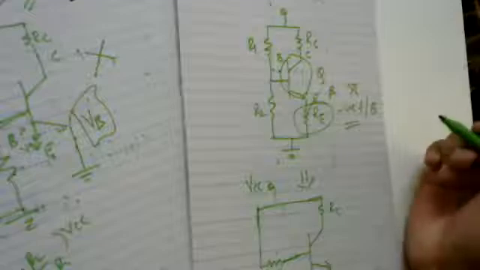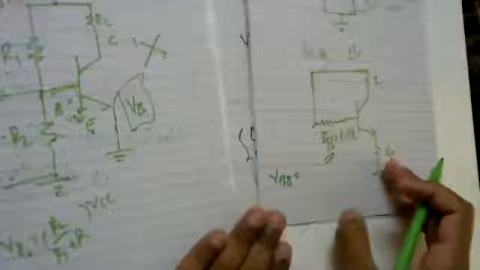My RB is indicating the effective resistance seen by R1 and R2. Then how are R1 and R2 related in the circuit? R1 and R2, they are in parallel. Good. So since they are in parallel, I can say that my RB can be defined as R1 in parallel with R2.